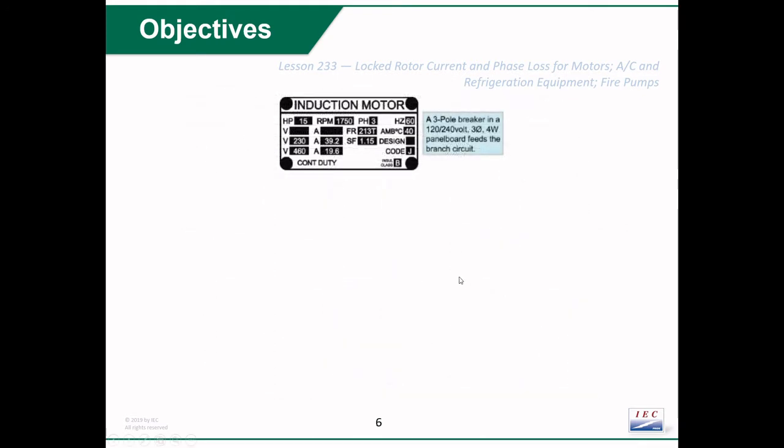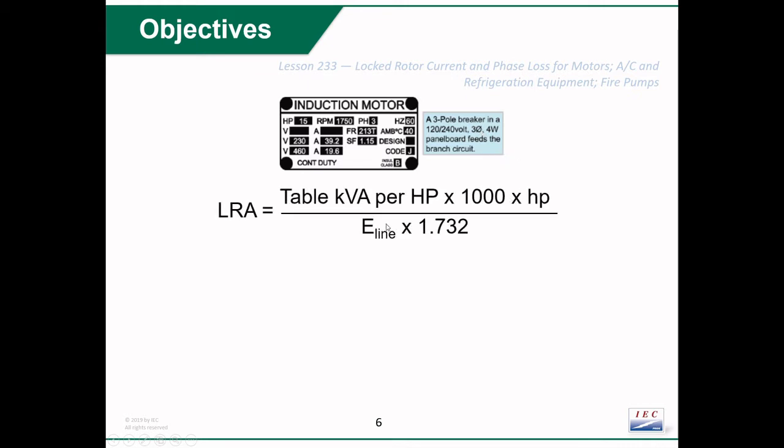So let's dive in and do an example here. In this case, we have a motor nameplate. They tell us it's a 3-pole breaker and a 120/240 volt three-phase panel. So in this case, because we have this letter code J, we're going to use, and your textbook gives you this formula, essentially our locked rotor current, if we have this letter code version, we're going to use